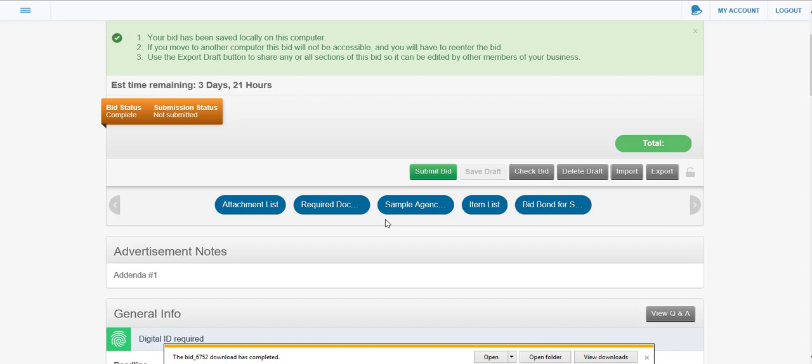So they have to have been invited to the business, and they have to have a digital ID so that they can fully view this bid as you've entered information. Okay? Now, once they review this information, or perhaps you've asked a member of your team to give you pricing